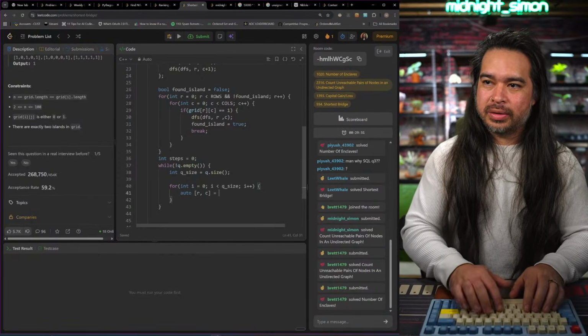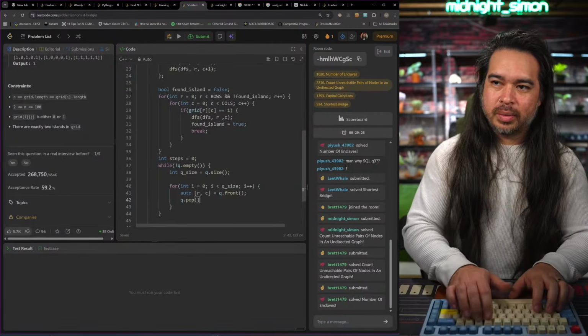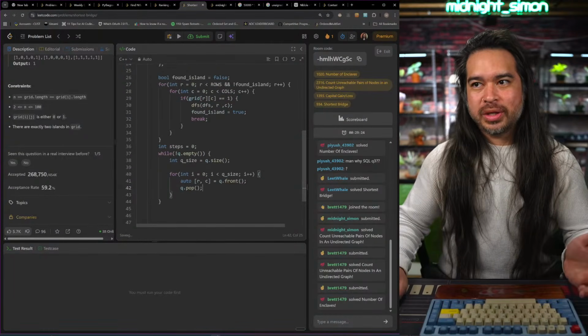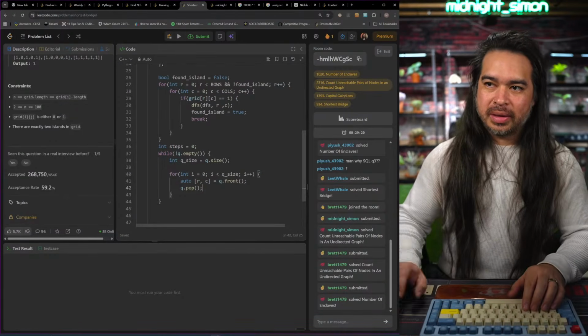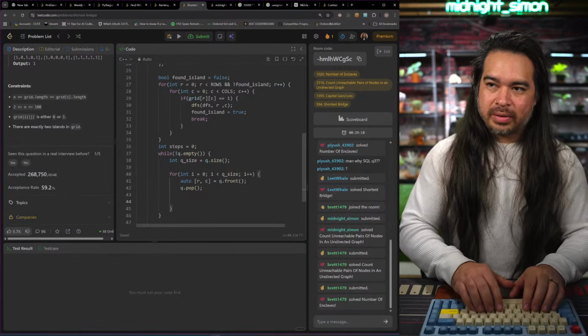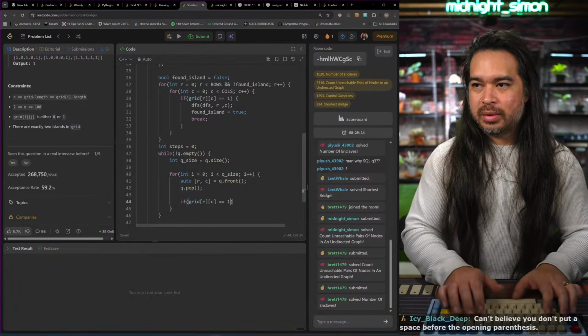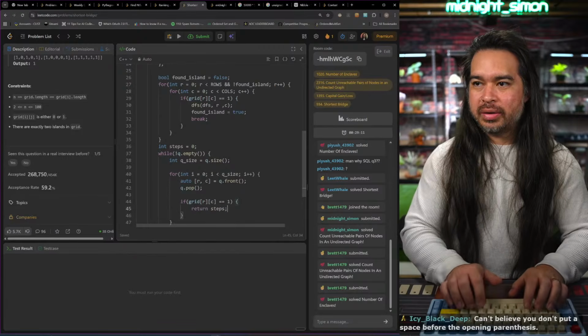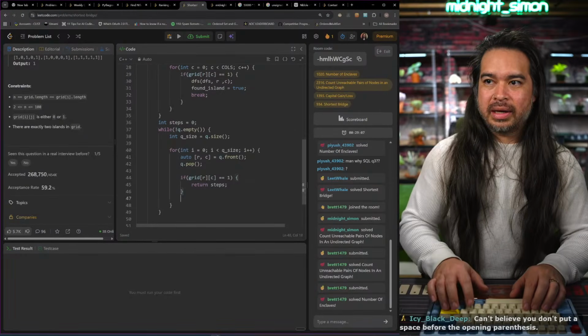Our current node is gonna be in the front of the queue. What are we doing? We're just trying to reach where grid equals 1. So if grid[r][c] equals 1, we're there. Return how many steps it took to get here. Otherwise,